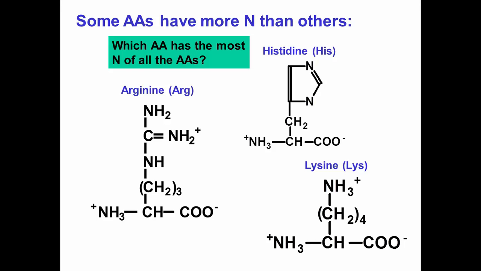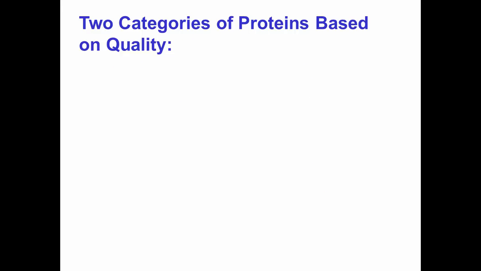I can't see that. You can see that, right? Can you count them? 1, 2, 3, 4. Okay, it's the only one that's got that many. So arginine has 4 nitrogens, and it makes a protein that's got a lot of arginine in it. Sometimes we'll give formulas that are enhanced, or we'll add a little extra arginine. It's not well proven, I'll have to say, but companies will do that. And when they do that, then they're increasing the nitrogen content.